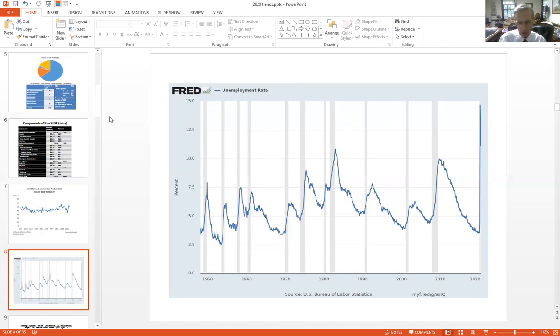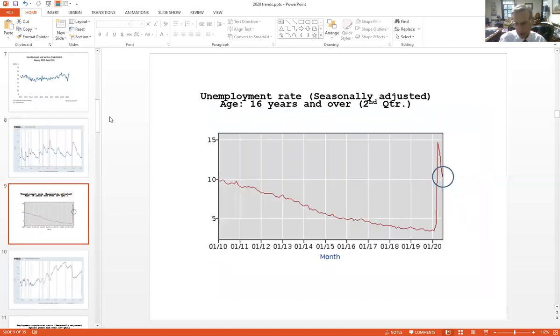In any event, you can see that the unemployment rate in this chart got up to almost 15%. That's pretty high, isn't it? However, in the second quarter, we had an improvement, and the unemployment rate came down somewhat surprisingly to about 12%. It wasn't expected to come down that fast. To some extent, this is an anomaly